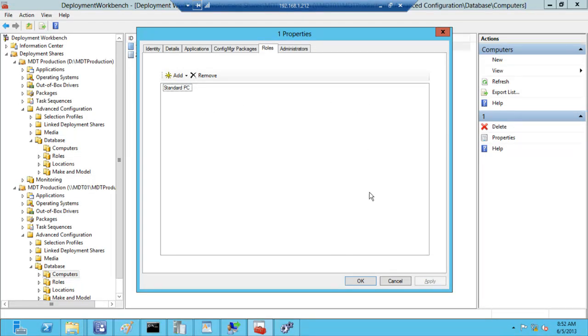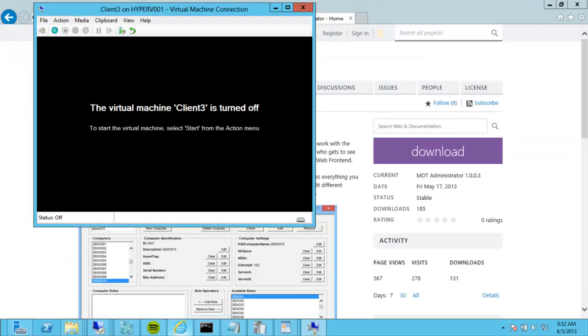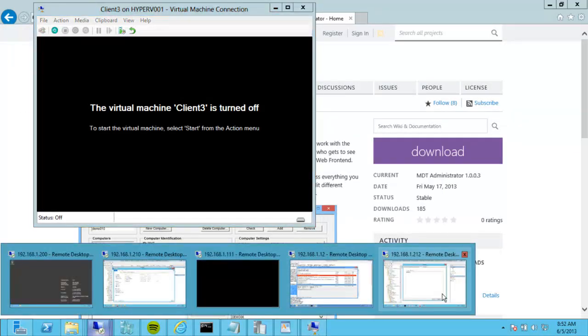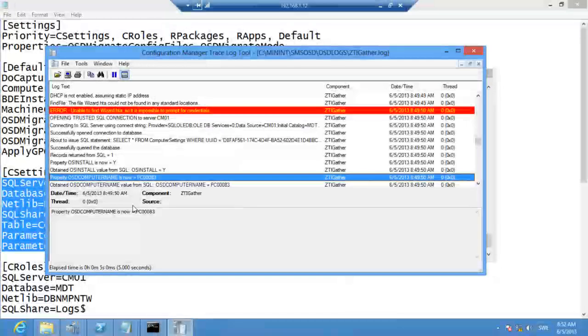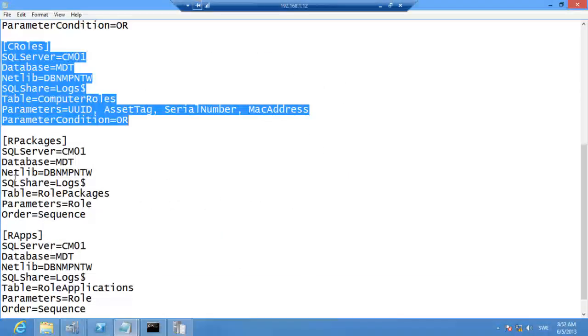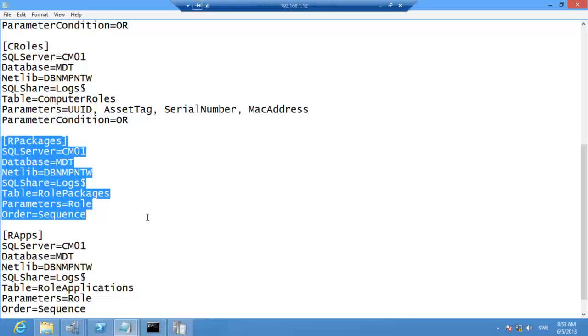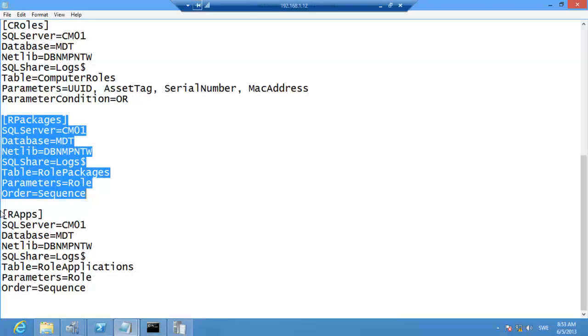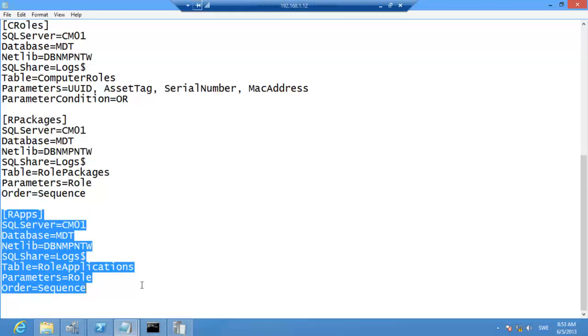And the only thing you need to do to get this working is go back to your INI file and add more entries to it. To go ahead and ask for roles. To go ahead and ask for packages in those roles. To go ahead and ask for applications in those roles. So by simply editing a text file,